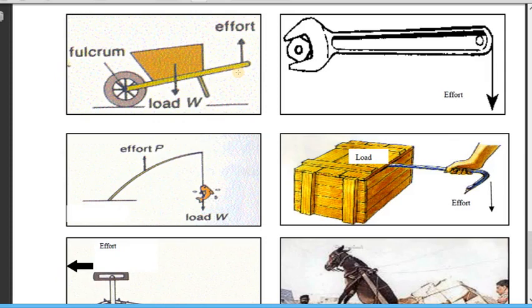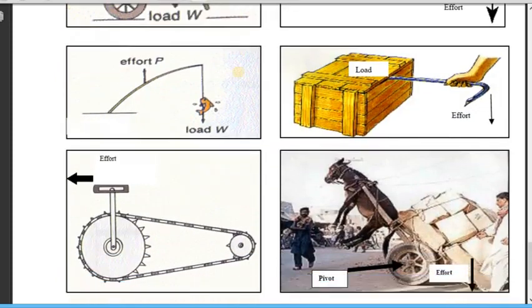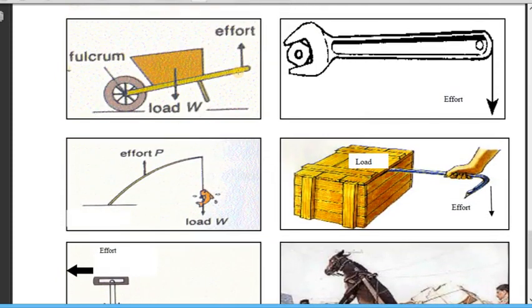But in the wheelbarrow, the load is actually in the middle, the pivot is at the wheel, and the effort is where you'll be pushing, where you lift the wheelbarrow. So sometimes the effort is not necessarily at the end; sometimes the effort can be in the middle,